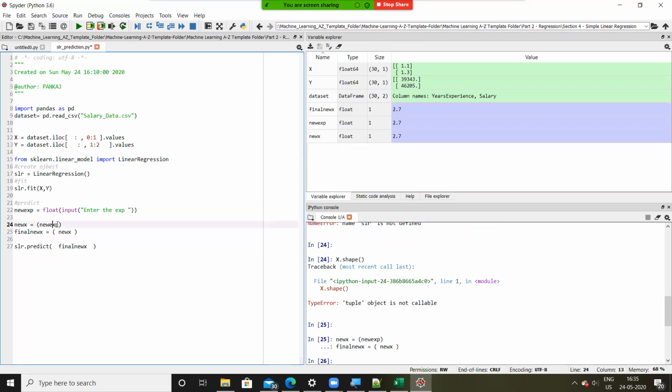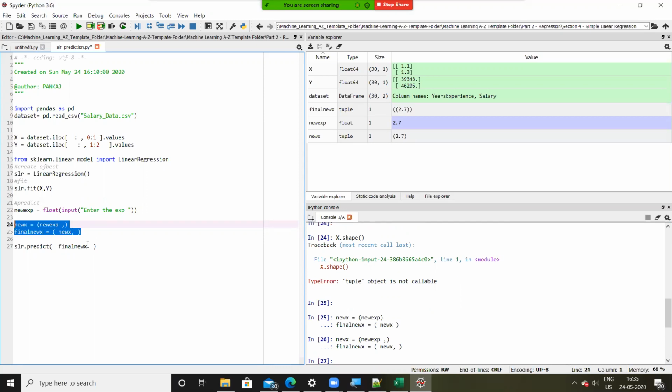It's a tuple, have to provide an additional comma. Done.